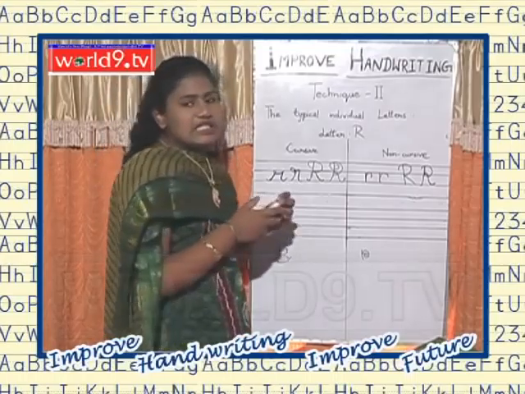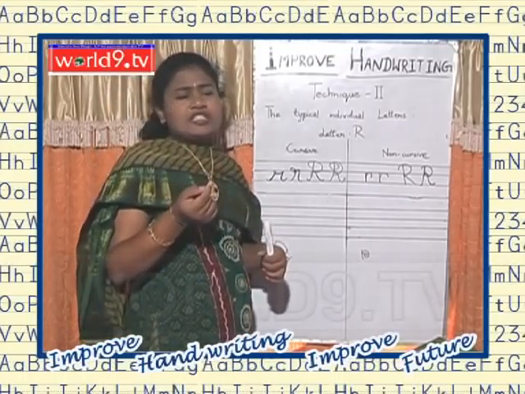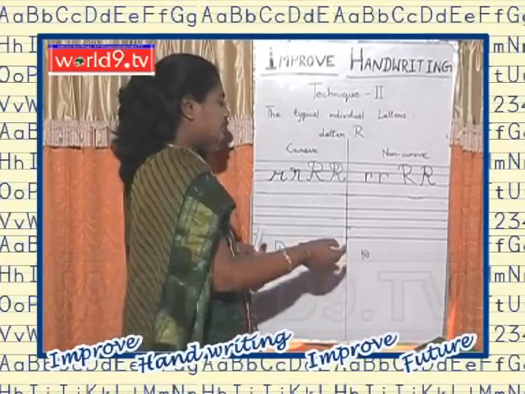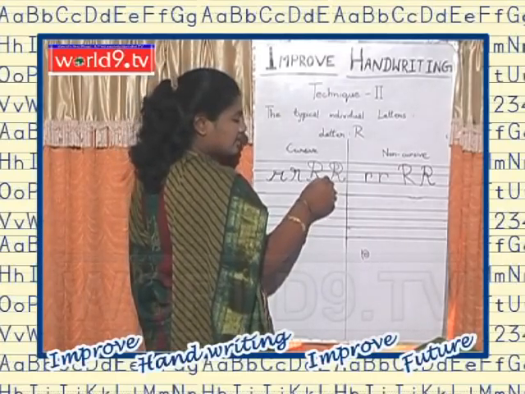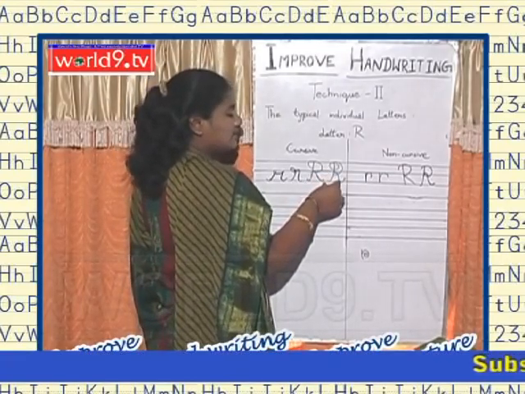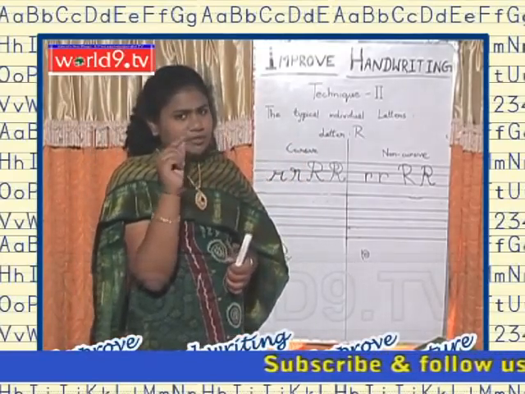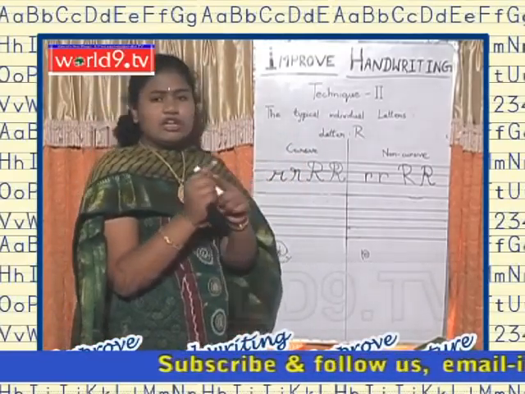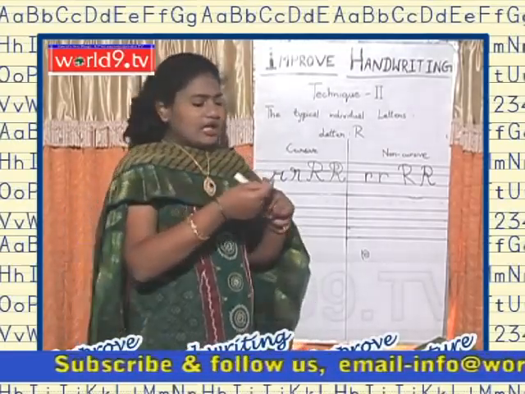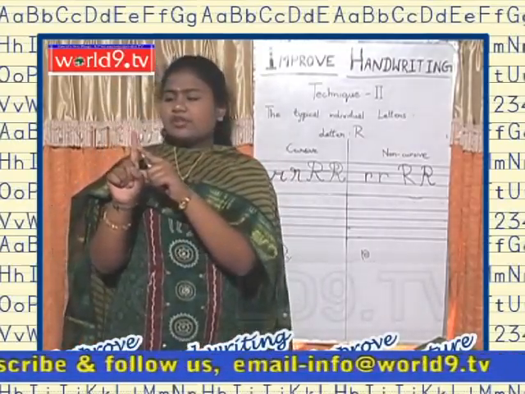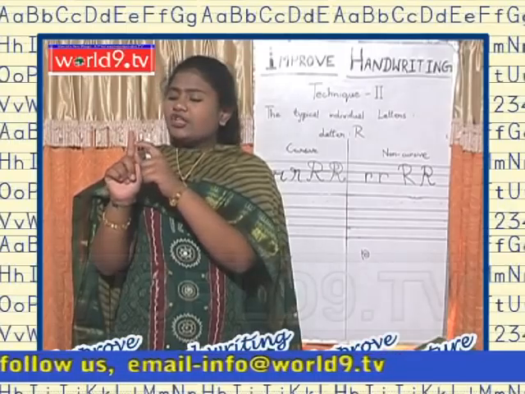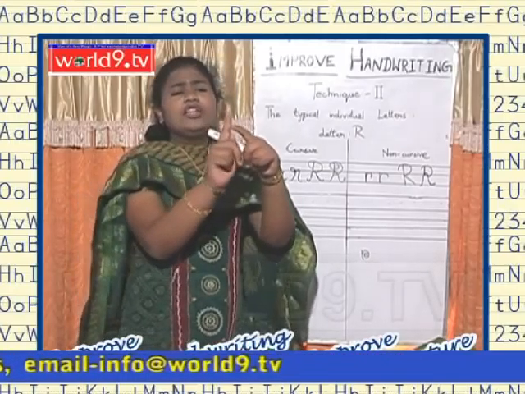You should have a minimum distance of 1 inch between the forward line and the backward line. Minimum 1 inch gap. For example, when you keep the gap, take your index finger, and use the first line of your index finger